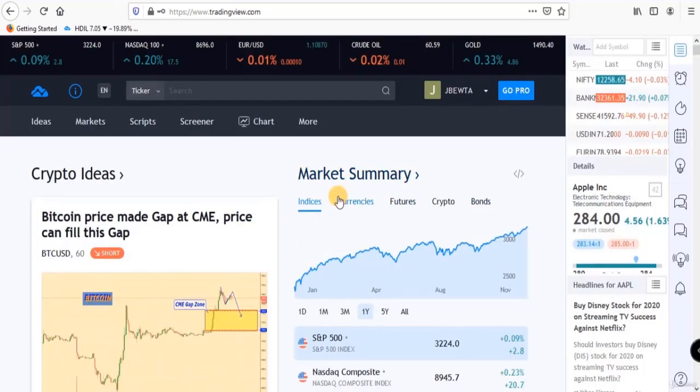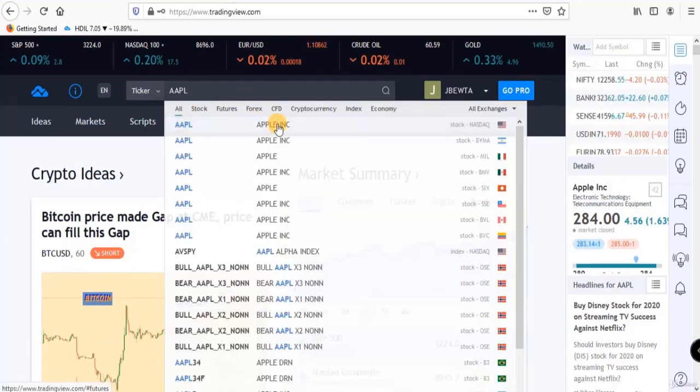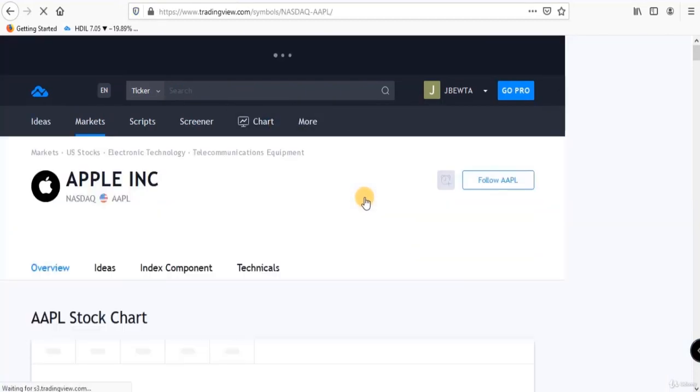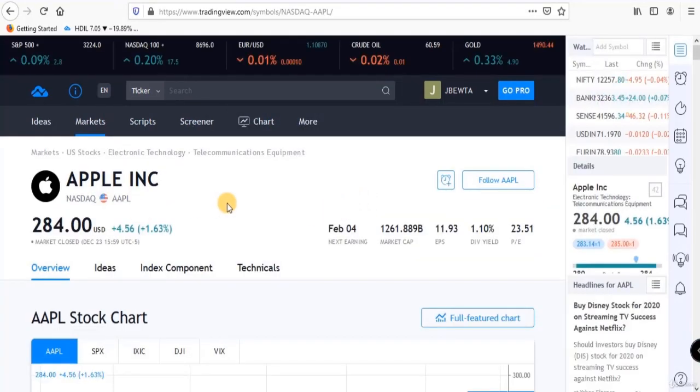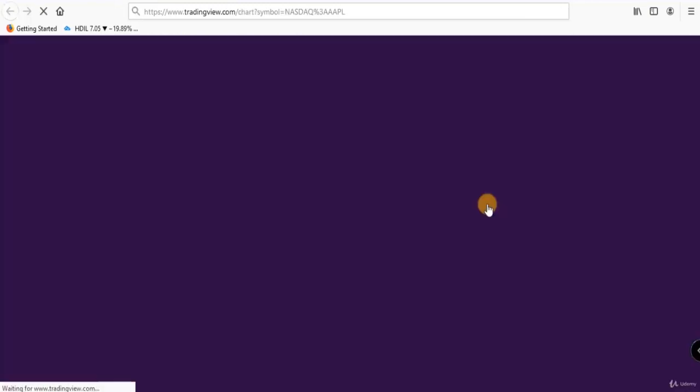So this is TradingView. Here in the search box you can search any stock, commodity, currency pair. Let's search Apple Incorporation. And this is Apple Incorporation. The current price of the stock is $284. Then we will click on full featured chart because we want a chart in which we can analyze the stock. So if we click here,